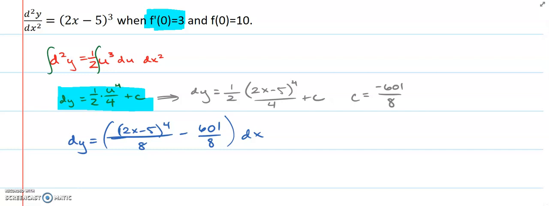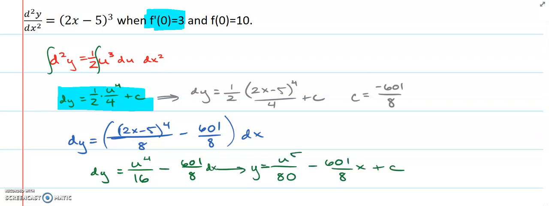Antiderivative again. But this time doing that antiderivative, notice that your u, the 2x minus 5, is missing that 2 again, Brett. So if I want to bring that 2 in, I'm going to have to change this thing a little bit. I'm going to make it u to the 4th over 16 because I want to make sure that I had that 2 from my 2x minus 5. Earlier in the video, we said split it up if you want to. If you don't want to, you don't have to. Antiderivative turns into this, with your plus c at the end. Plug in your values one more time, you end up with c